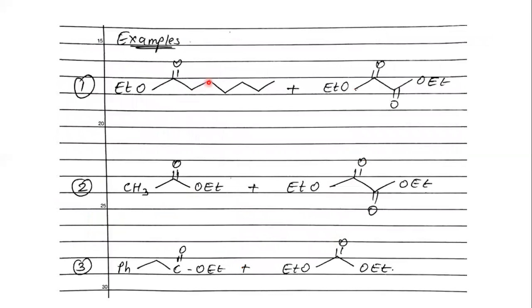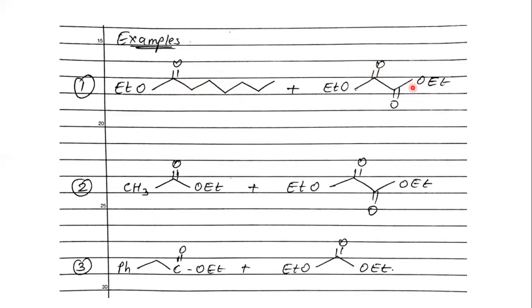So these are some of the examples that you need to solve. I will also give you the solutions ahead of this, but try solving these 3 examples. 2 different ester molecules are given to you in all the 3 reactions. In the first reaction, this ester does have an alpha hydrogen here, CH2. This is an alpha carbon. There are 2 hydrogens attached here. So alpha hydrogen is present, and this molecule can act as a nucleophile. It can generate your enolate.